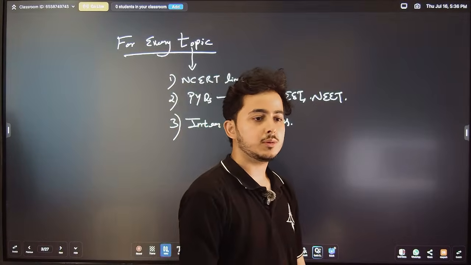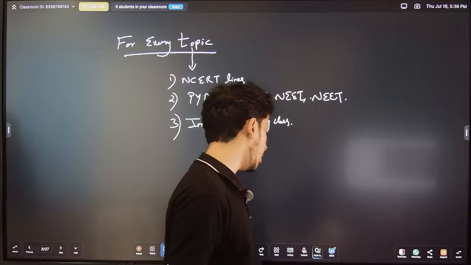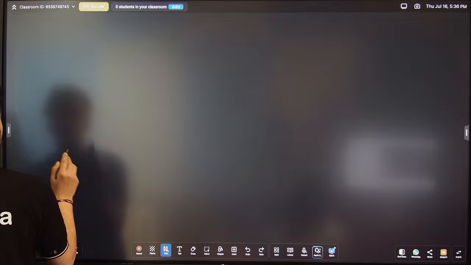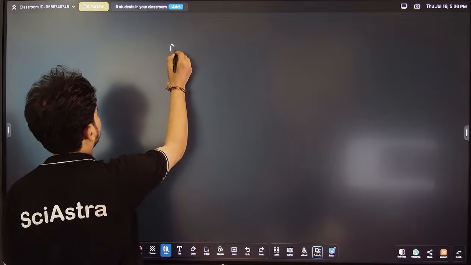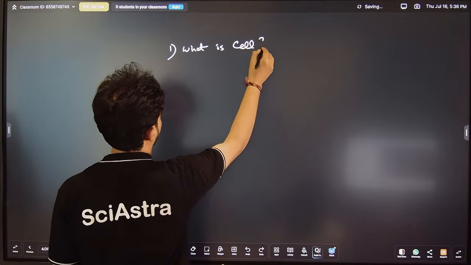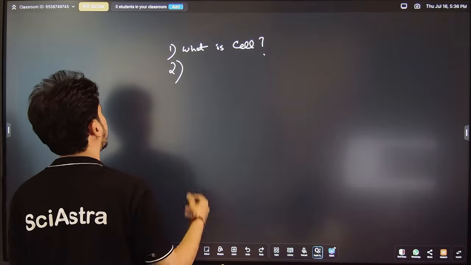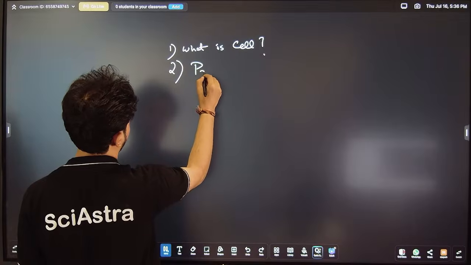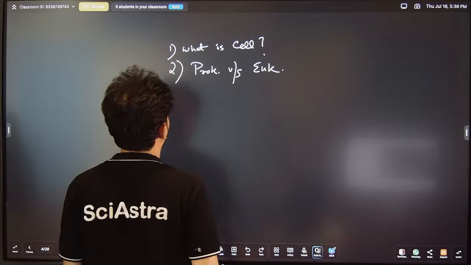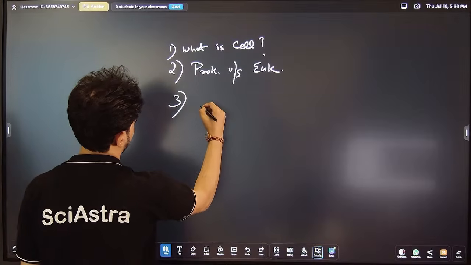Yes, NEST is numerical based. So in today's class also you will see, from this topic only in cell biology, how many numericals and other things can be framed, right? So now, in today's class first we will understand what is a cell, right? The next thing that we will be understanding is the difference between prokaryotic cells versus eukaryotic cells. Apart from this difference, we will also look into a few techniques, for example microscopy.